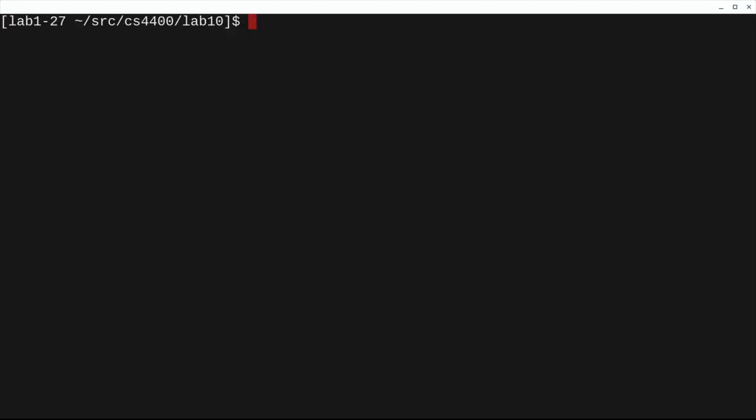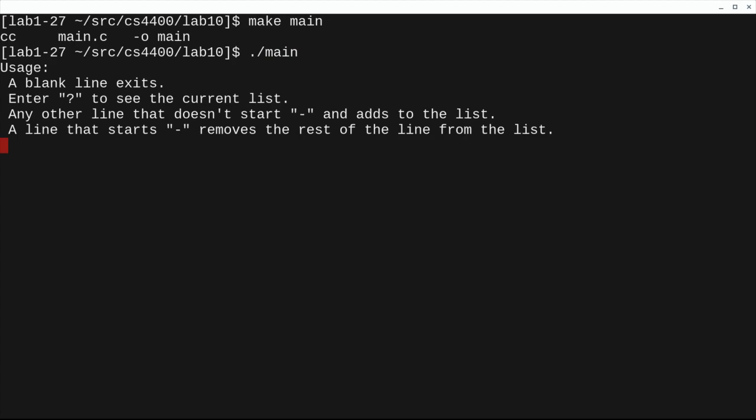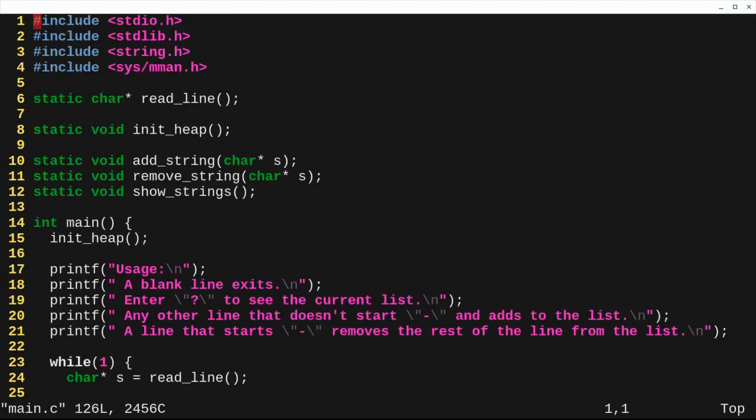Now, if we do the same thing with our main, I'm going to go ahead and build our semi-working program. I'll go ahead and run main and add a few items to the list. That seems to work just fine. If I try to remove an item, though, it doesn't seem to work. Well, inside the lab instructions, what it suggests is that we go into the source code and add ourselves a